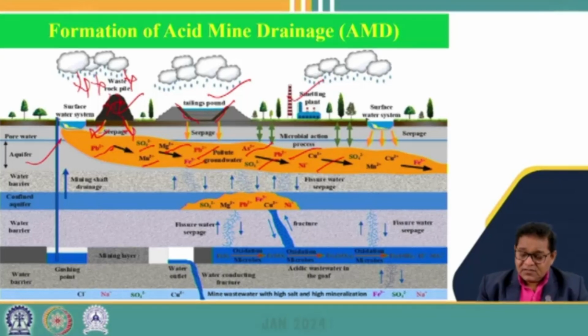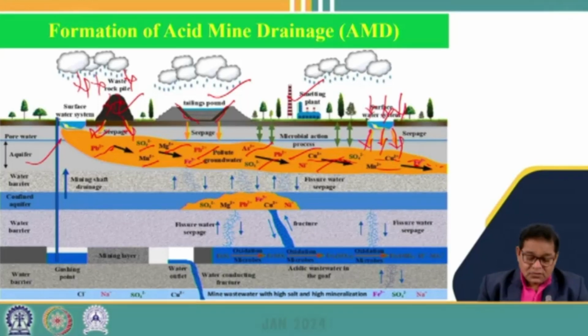Similarly, smelting operations also happen. Through the smelting operations also, tailings and waste piles are generated, and during the smelting operation a lot of flue gases are generated which also contain various particulate matters of metals, and that basically gets precipitated along with the rain and reaches the surface water bodies. So through surface water bodies also the seepage process takes place, and this contaminates the aquifer below the earth